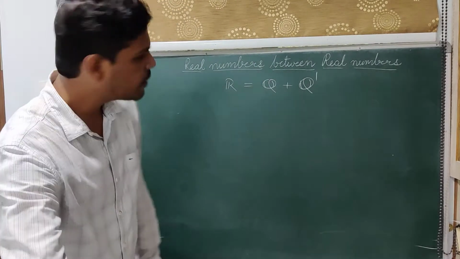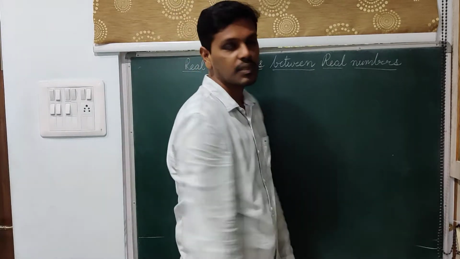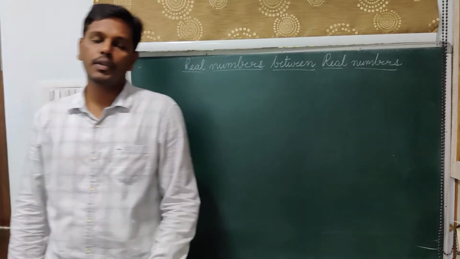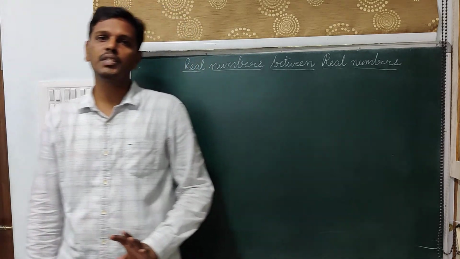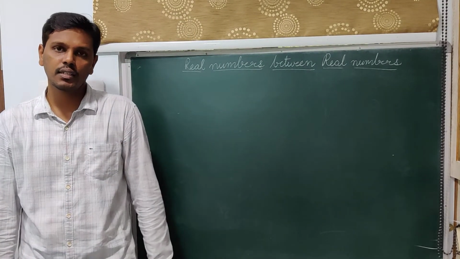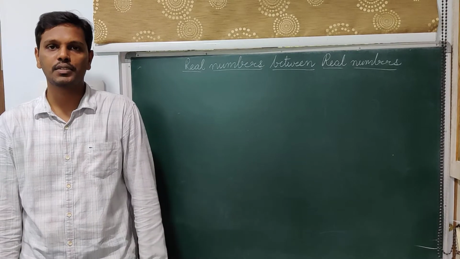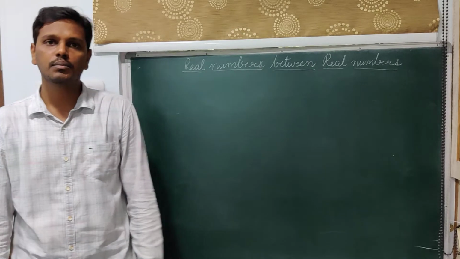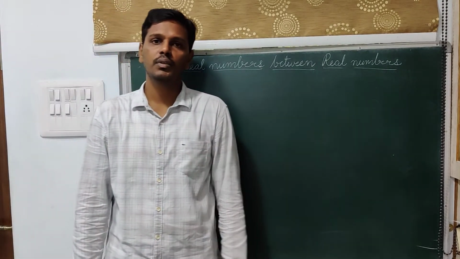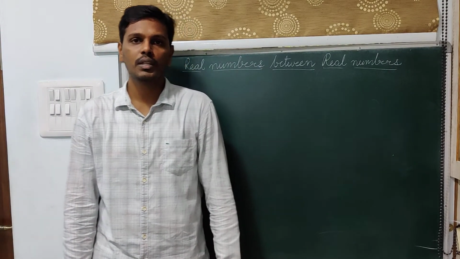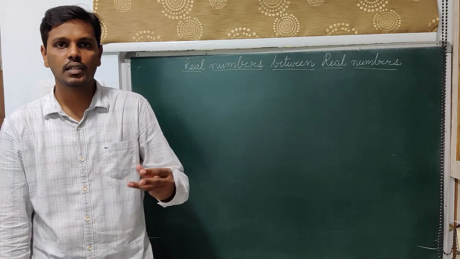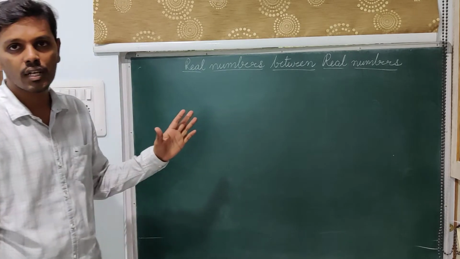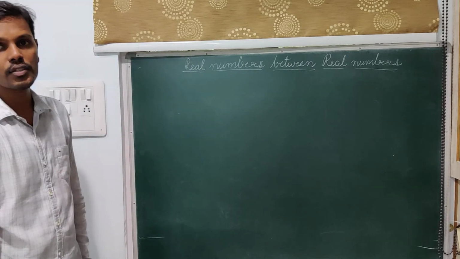As we have discussed earlier, we have discussed some methods in finding rational numbers between rational numbers, and the most effective method which can be generalized for both rationals and irrationals is the decimal expansion. Now we have already discussed there are three kinds of decimal expansions. One is terminating decimal, next non-terminating repeating decimal, and non-terminating non-repeating decimal. The first two take the shape of rational numbers, and the last one is your irrational number.